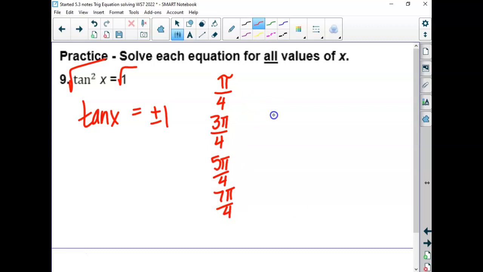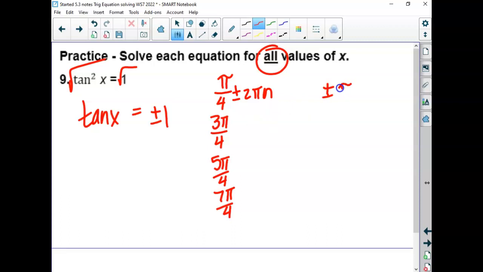Now, there's a much easier way to write that, because what is the period of tangent? Does anybody remember when we graphed tangent? It only has a period of pi. So you could have said pi over 4 and the 1 straight across from it, and 3 pi over 4 and the 1 straight across from it. I would not count it wrong. It does say all values if you put plus or minus 2 pi n on the back of all of those, okay? But you could have also said